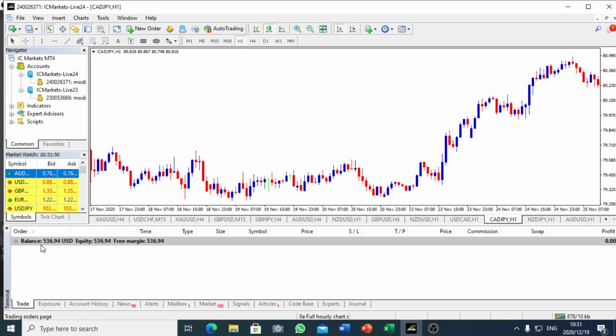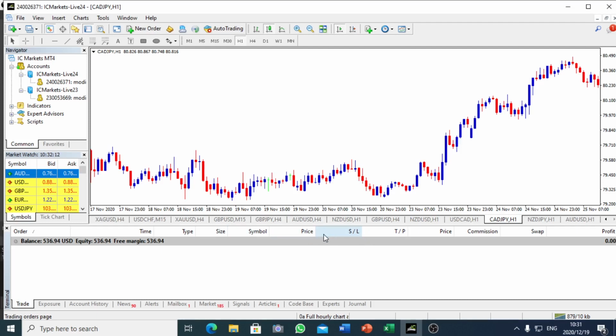It will show you your balance, and it will show you the time if you are in a trade. It will show you the time that you entered the trade, the type of trade, whether it's buy or sell, and the size of the trade. We call it a contract size. It will show you the symbol that you are trading, the price where you entered your trade,